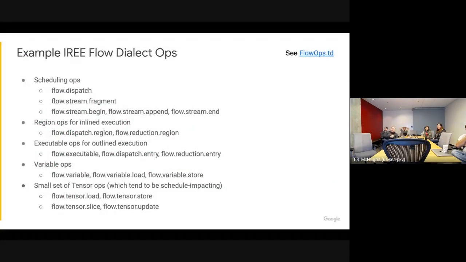Yeah, as examples, the flow.dispatch is what we end up going to after we outline regions. We have concepts here where we have variables as first class and tensor update operations as first class operations. And that's super useful here because, again, in the goal of trying to extract concurrency, we can start to identify things like variable loads and stores that don't overlap, or entire sequences of operations that are using those variables.